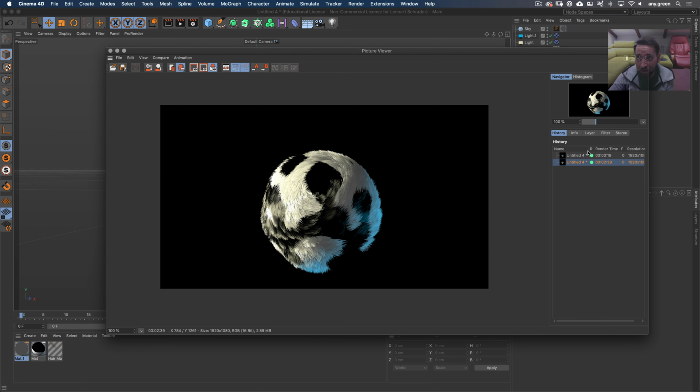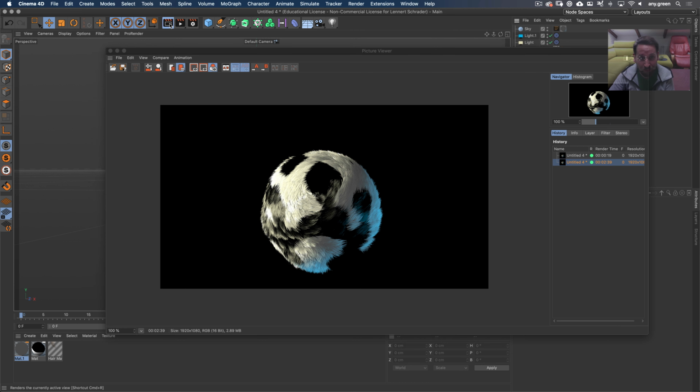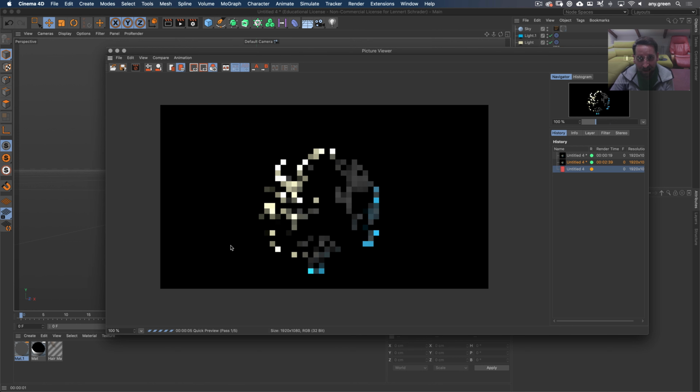Okay, so now this rendered, and it took quite a bit longer. So 20 seconds, 2 minutes and 40 seconds. Now let's do the same thing, but with a physical renderer. Now you will already notice that we will get this quick preview as always. So first it does some hair clumping and whatever. It's creating the hairs, and then it will do